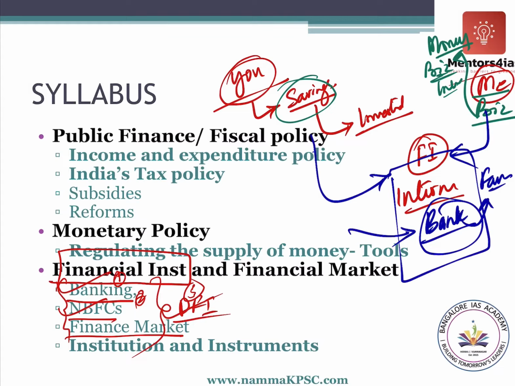Financial intermediary or financial institution is a very broad term. Bank is something which we all very commonly know about, which we use. Other than banks, there are different other types of financial institutions like DFIs, development financial institutions. You might have heard about NABARD, etc. They are that. You might have heard about NBFCs, chit funds, simple things like chit funds and all that. So those are NBFCs. So DFIs, NBFCs and banks.